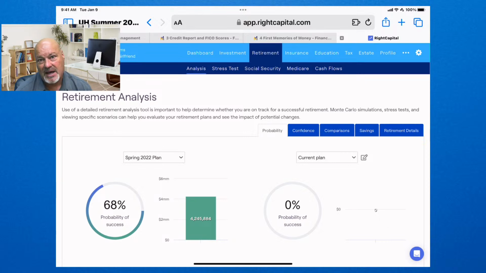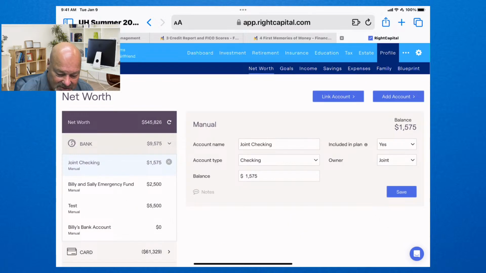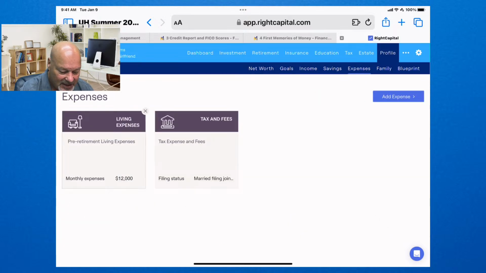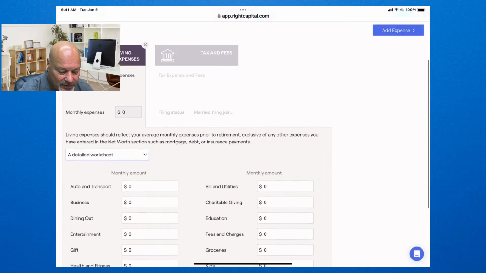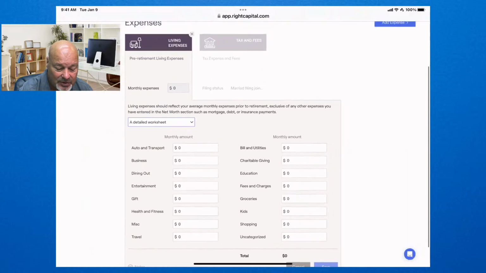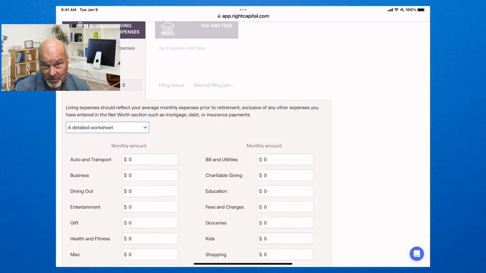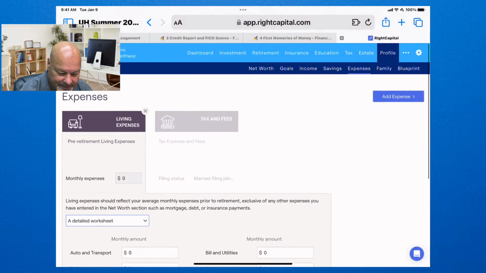I'm going to teach you that, but I want you to understand how it all fits together in a financial plan. So I'm not looking for you to become an expert in this software at all. I do want you to pay attention to your data cards, though, and the first one I'm asking you to pay attention to is this one right here called expenses. And when you tap on that, you can't use the simple approach. I want you to use the detailed approach, and that is part of your homework for this week.